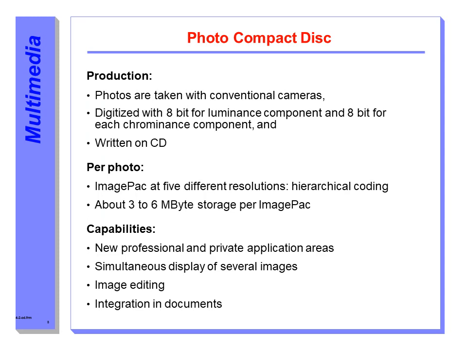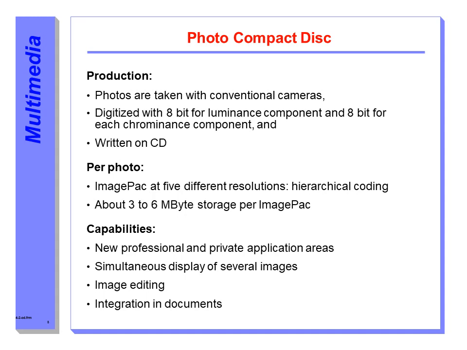The photo CD is based on some of the following procedures. Photographs are created using conventional cameras and films. After the film is developed, the pictures are digitized using a resolution of 8 bits for the luminance component and 8 bits for each of two chrominance components. Each pixel is thus coded in 24 bits. Each photo is then coded in up to 6 resolutions as an image pack.